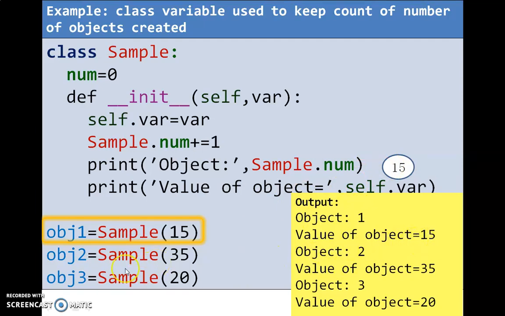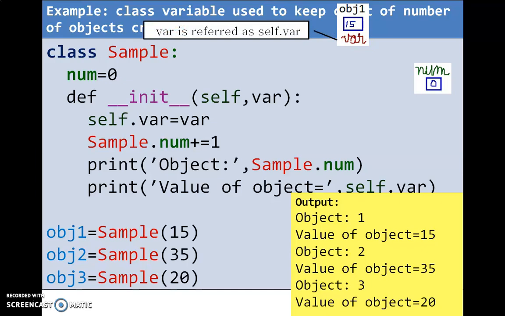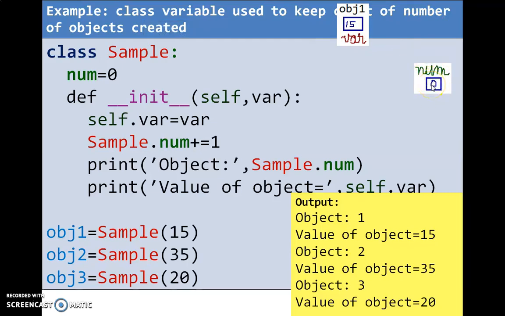Similarly, when I am creating the other two objects, obj2 and obj3, the constructor gets executed and I get the corresponding outputs. So, initially, the value of num is 0, that is the class variable num is 0, and the first object obj1 is created with value var as 15. Var is referred as self.var in the constructor. So when the first object is created, because of sample.num plus equal to 1, num is incremented to 1,